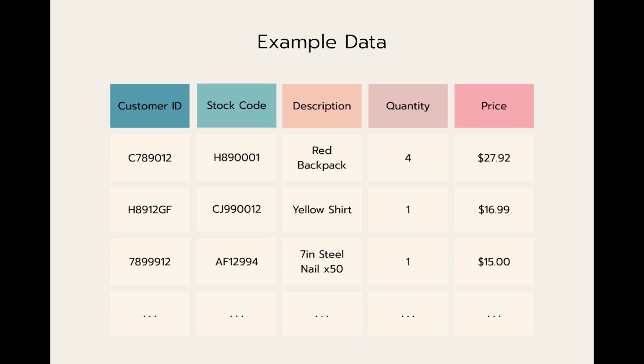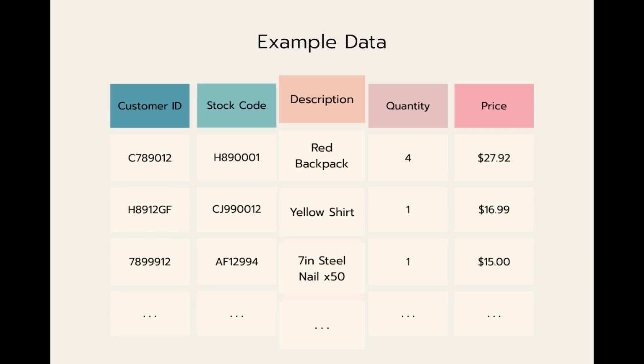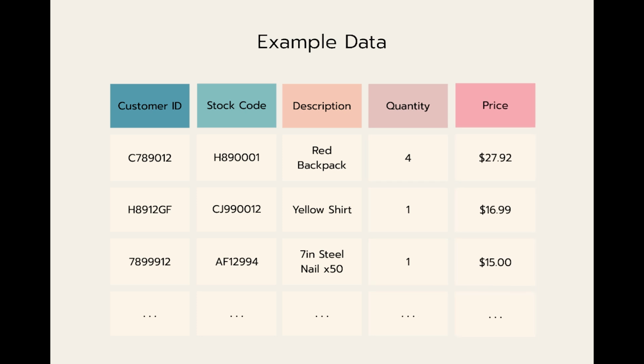So here's our example data. We have a sales table with customer ID, stock code, item description, quantity, and price. In some cases, we're operating on data sets that are too large to fully fit into our main memory. This data set is an example of that. This table has millions of rows, and the file is bigger than 1 gigabyte, so we cannot fully load it